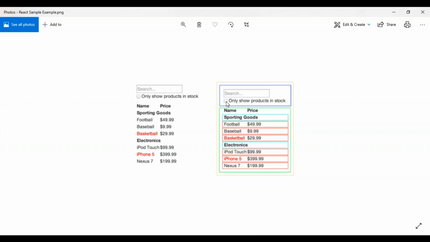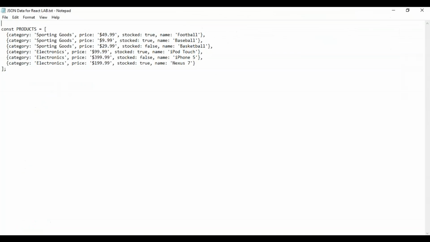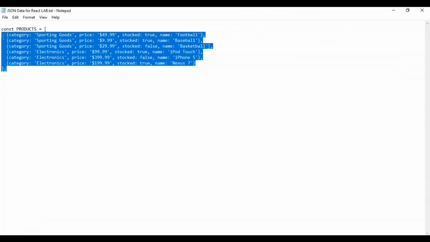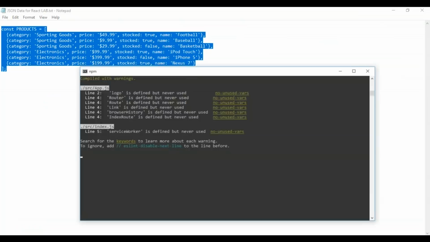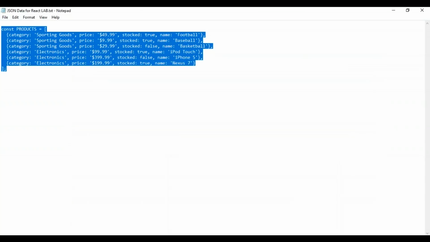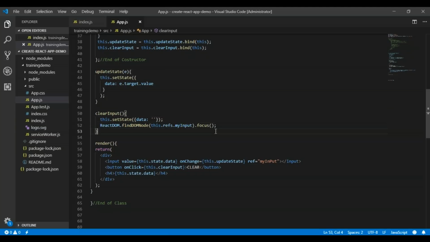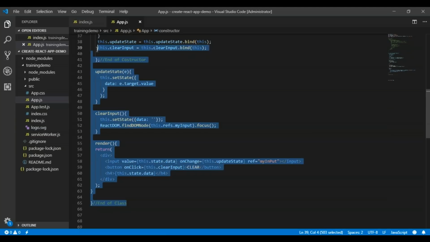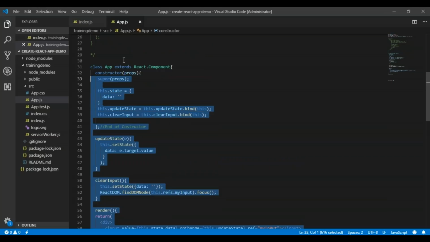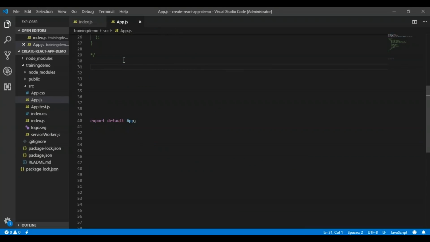So let's create this particular example in a React.js application. Before creating this, I have a sample data, you can say a mock data, which can be used for this particular example. So let's start creating this particular application in React.js. I'm just removing all the stuff from here. Let's create this example and see how it works in React.js.